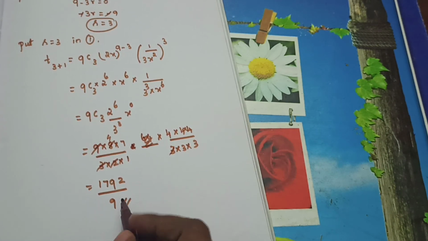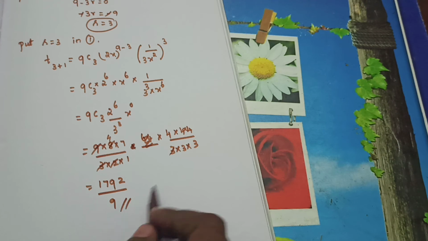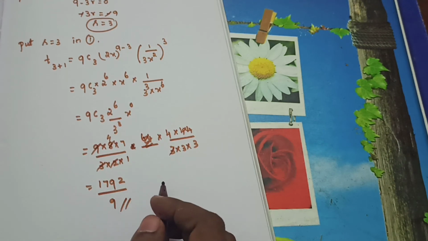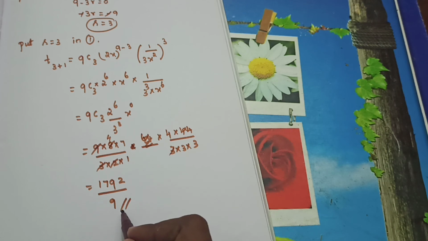I think in the old book there is a mistake in the answer. If there is a mistake you change it. That is divided by 9, they missed it in your book. So if there is a mistake you change it. That is 3 into 3, the value is 9. Okay, so 1792 numerator you will get correctly, and the denominator will be 9. Okay, so examples everything over.